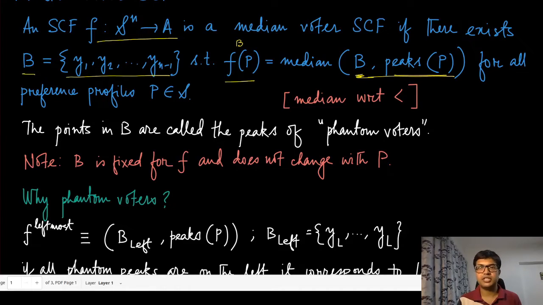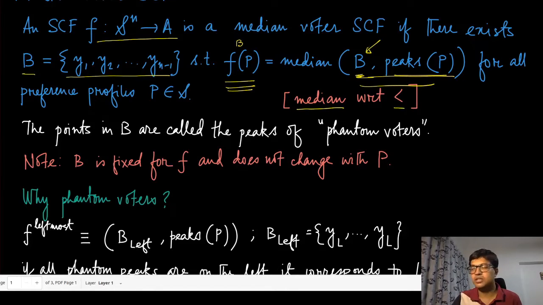And the outcome of this mechanism need not always be an agent peak. By choosing arbitrary phantom peaks, you can also have a phantom peak as the median of this collection of peaks. Here, the computation is the median with respect to the common ordering of all these